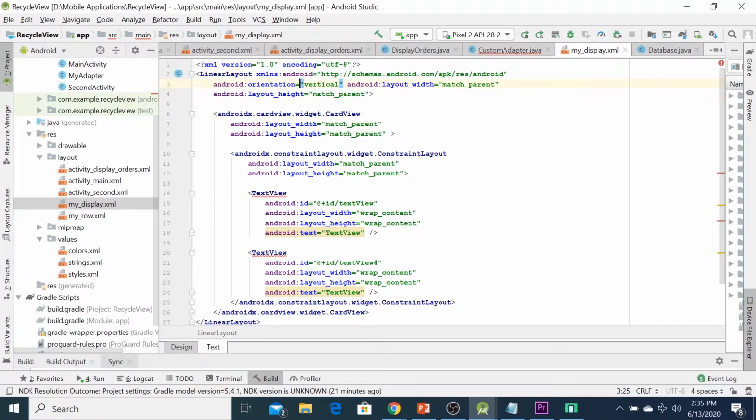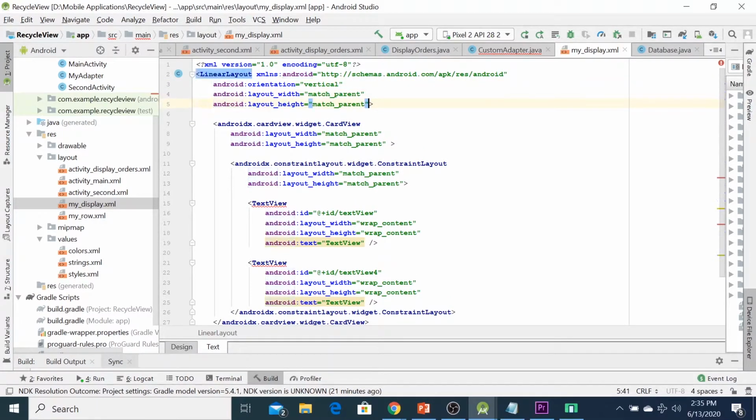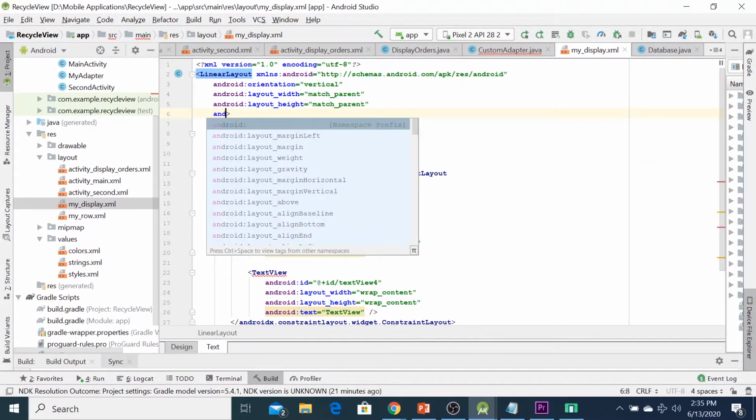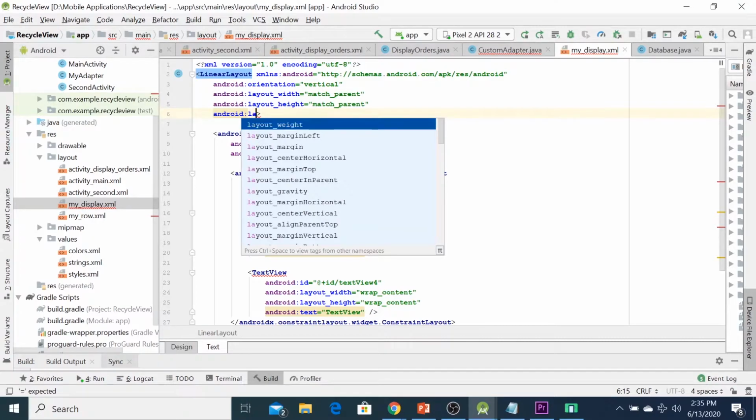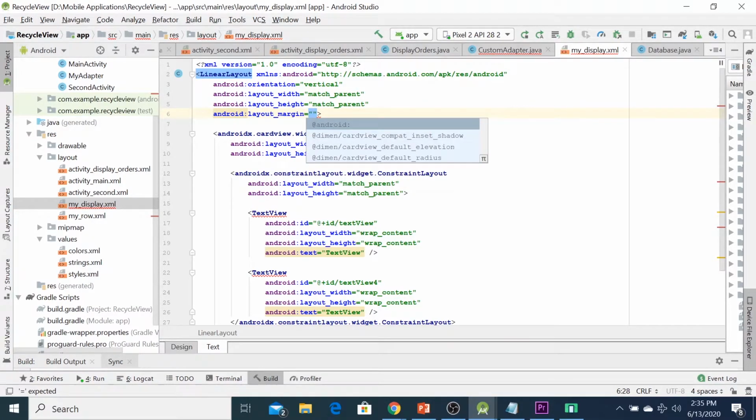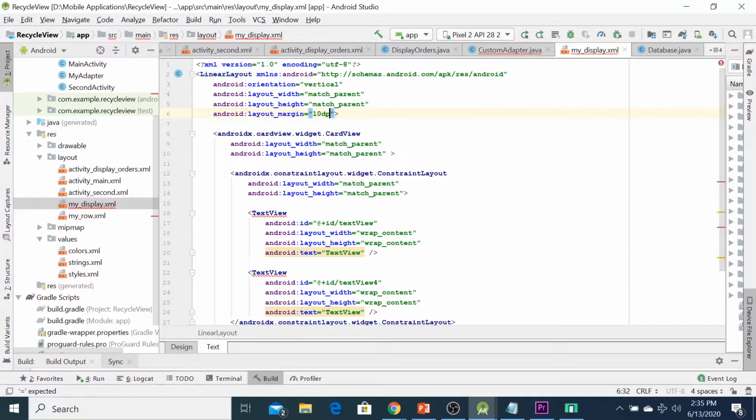Okay. Here, let's say you put the margin, yeah. Android layout margin, let's say for example 10 dp, and then here you have to select the wrap of content, especially for height.